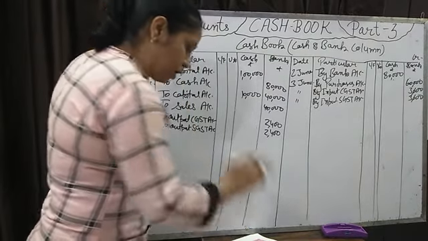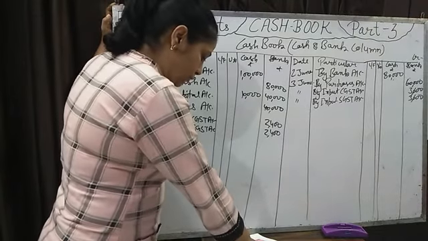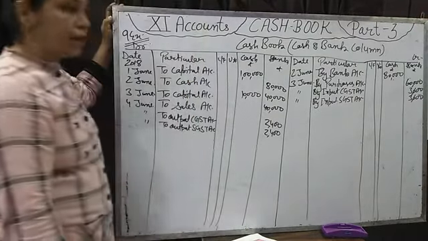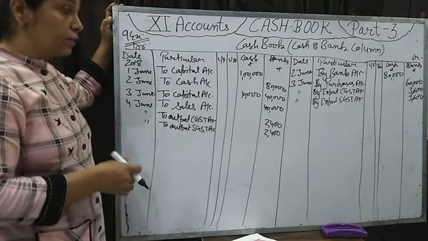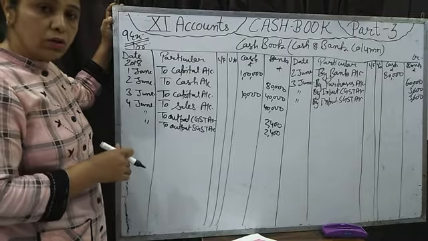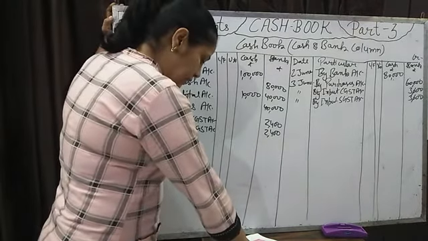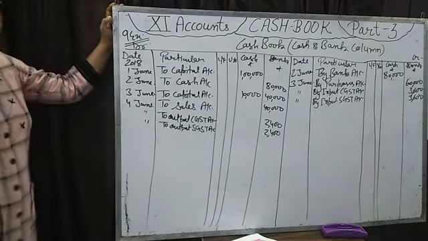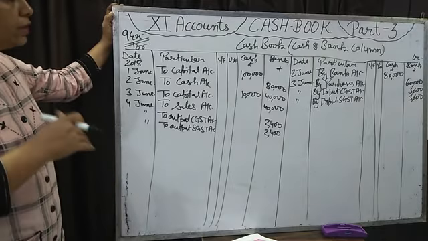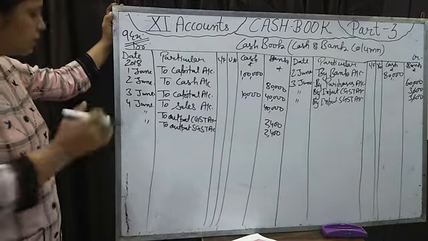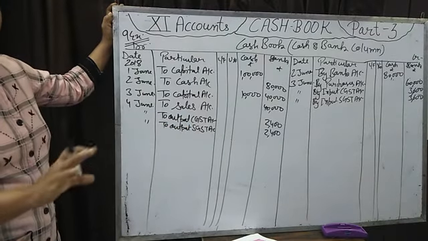Received check from Ram. Now we will write. We are receiving a check from Ram on 10th June of amount 16,500. Now we have to see whether we are depositing that check on the same day or not. See the next 2-3 transactions. If the date of depositing the check is mentioned, then it's okay. If it is not mentioned in the full question when we are depositing that check into the bank, then we will write on 10th June. It is assumed that we are depositing on 10th June if it is not mentioned in the full question.